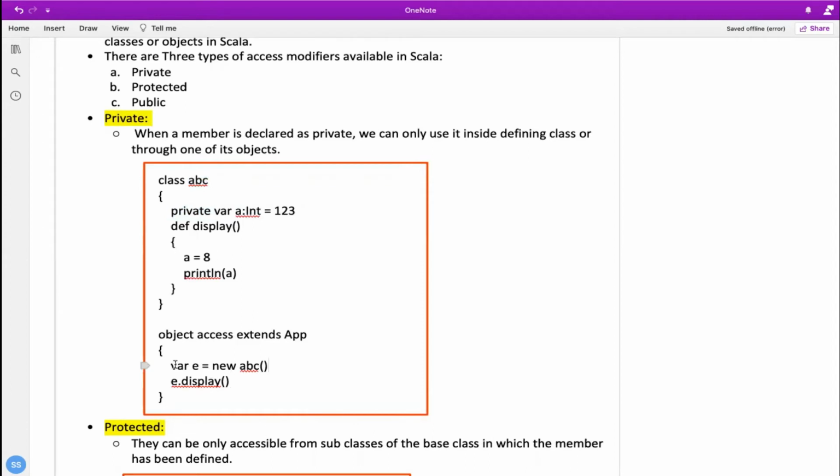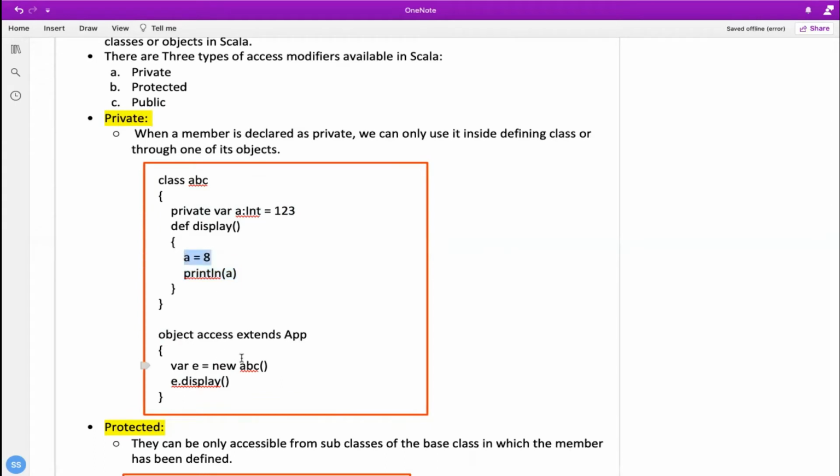As you can see, we have created this in an access object, which is creating a new object of ABC class. And then we are simply calling the display method. It first has assigned 123, which can be reassigned. So we have changed the value in the method and then we are printing. So if I execute it, this would print 8.